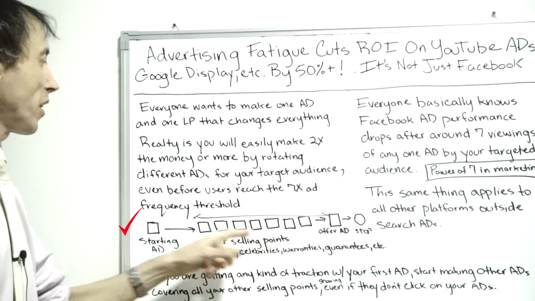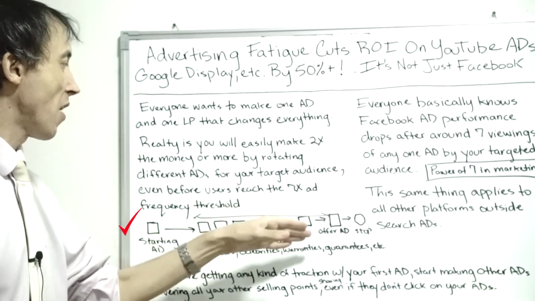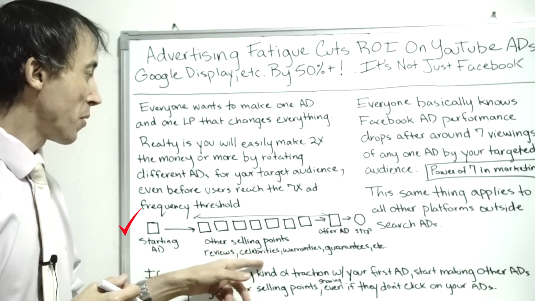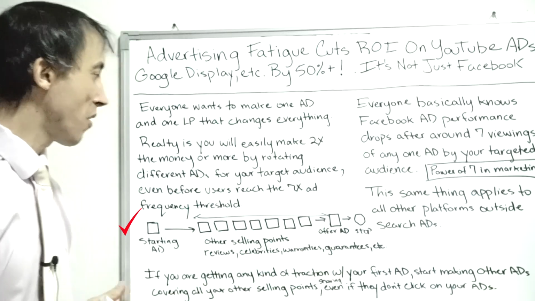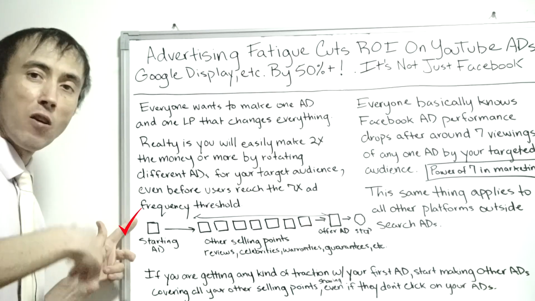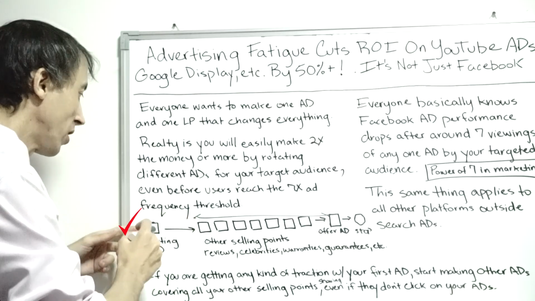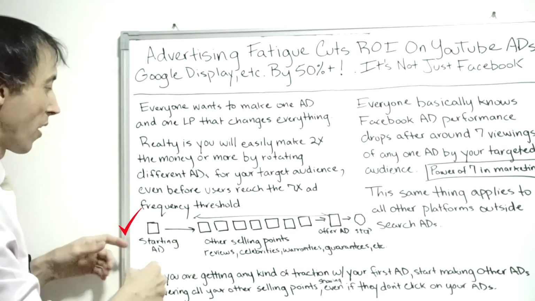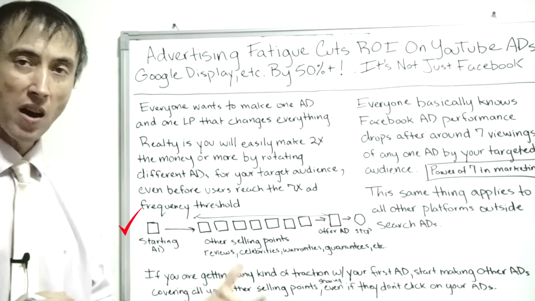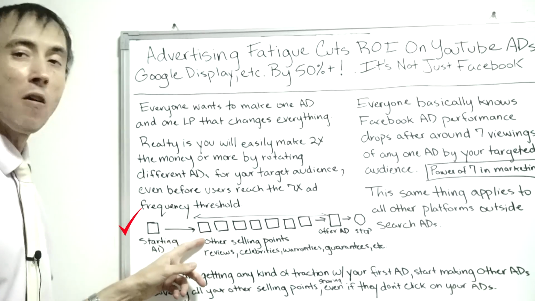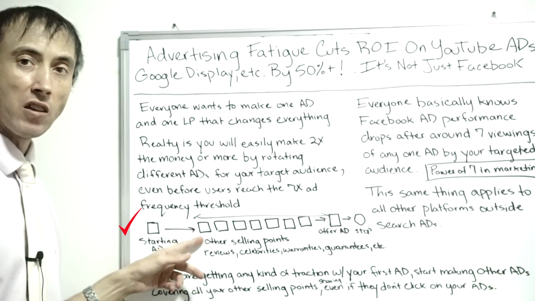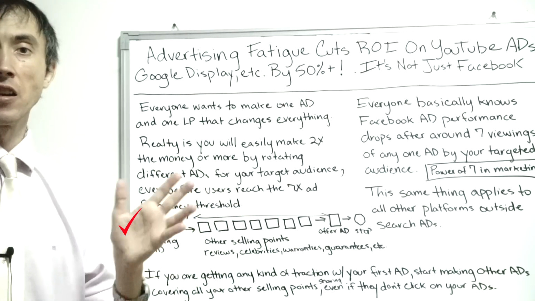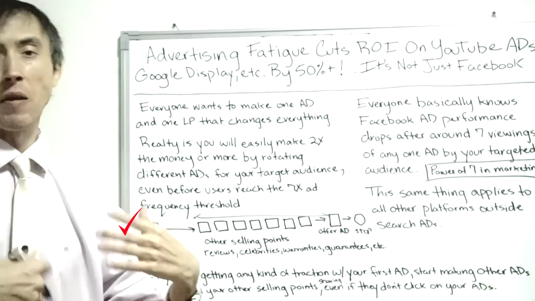So you have other selling points that you focus on in these other ads that you're eventually going to try to use to sell to that person. Things like reviews, celebrity endorsements, warranties that you have, guarantees that you have. And so they see the ad, they're familiar with your product or service. Then once your click-through rates start going down a significant amount, let's say more than 25% than they were before, you have your next ad that starts showing up for that same audience that you're targeting, that mentions that you offer a money-back guarantee as long as the person sends it back within the first 90 days. You're not going to charge them anything, if you will. And we pay for return shipping or whatever.